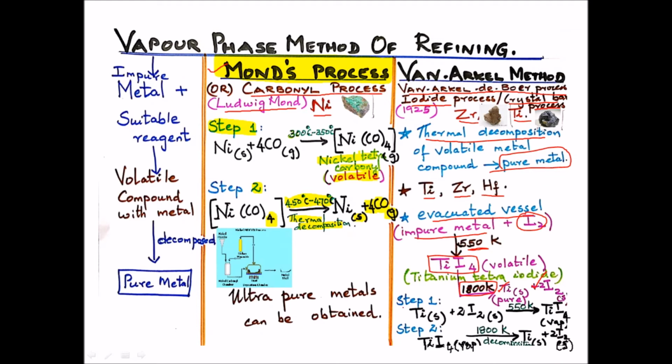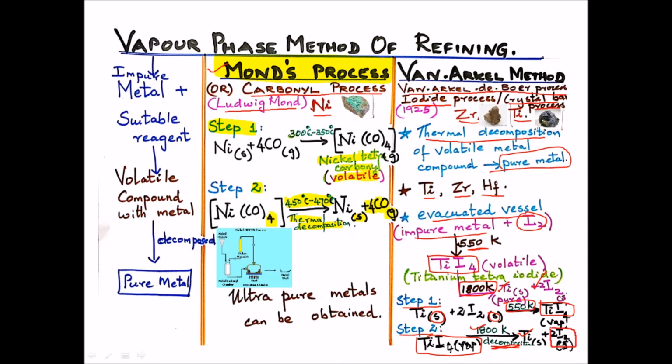In step 1, Ti in the solid state combines with iodine, I2, in the solid state at 550 Kelvin to form titanium tetraiodide in the vapor phase, TiI4. In step 2, TiI4, which is in the vapor state, on heating to a high temperature of 1800 Kelvin, undergoes decomposition to form titanium, which is a pure metal obtained in the solid state, as well as